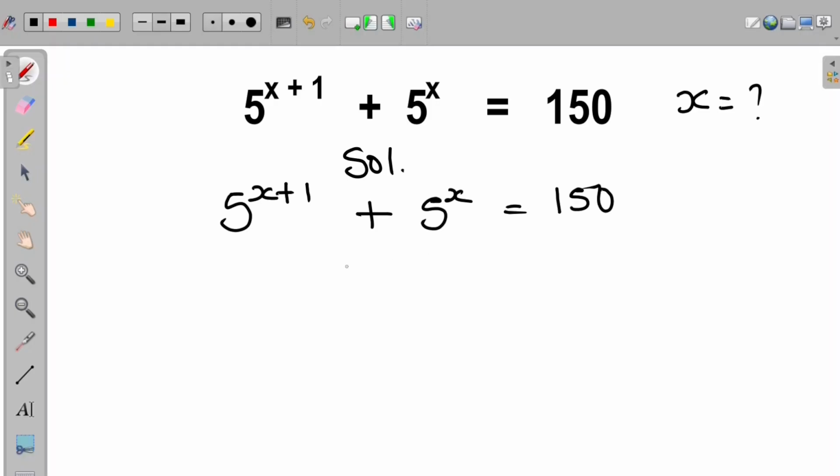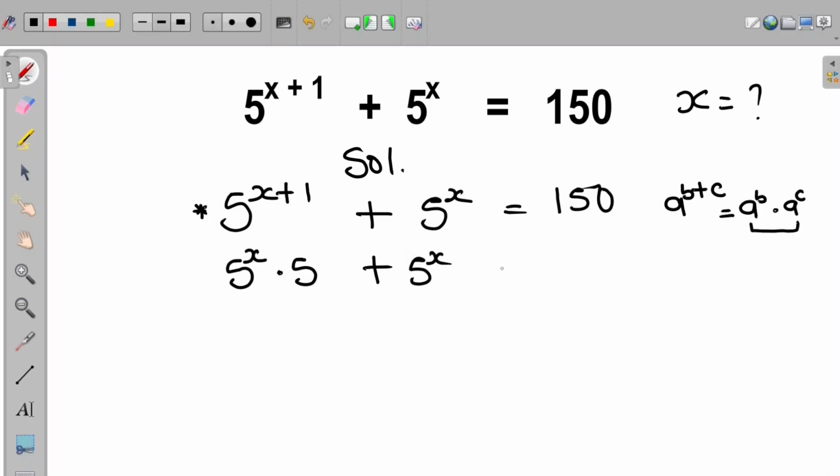150. Now recall that in indices, if we have an expression a raised to the power of b plus c, this is the same thing as a raised to the power of b multiplied by a raised to the power of c. So since we had the same base to be equal, then the powers were added. Now also this can be done at this point. So we have it that this becomes 5 raised to the power of x multiplied by 5 raised to the power of 1, which is 5, plus 5 raised to the power of x equal to